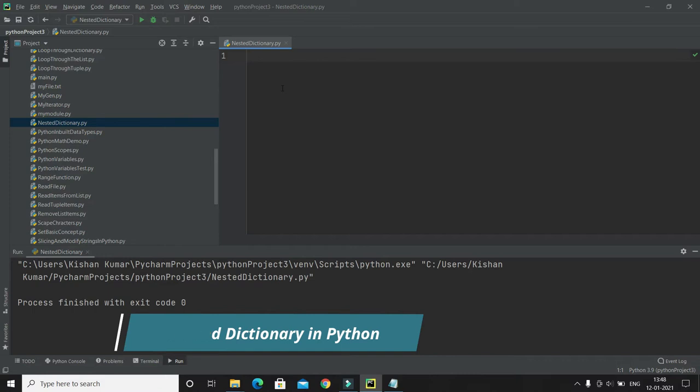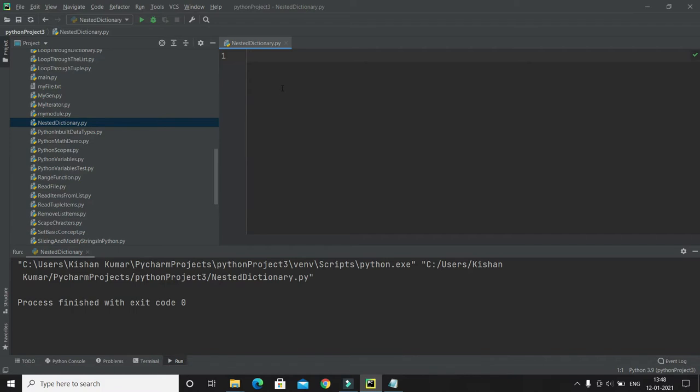Let's say I would like to create a list of persons. I would say persons, and inside that I can create a list of dictionaries again, right? Let's say I create a dictionary called person 1, and simply you have to give the colon and curly brackets open and close. Here you can specify key value pairs. Let's say name, and for name I'm going to specify KK, and as a second attribute for this dictionary I'm going to specify age, which is, let's say, 30.